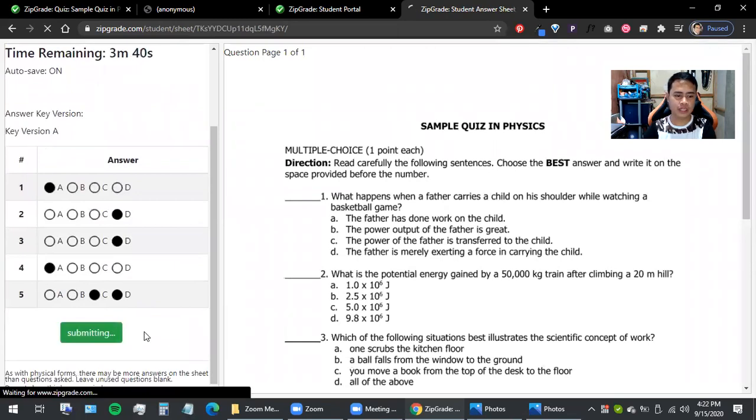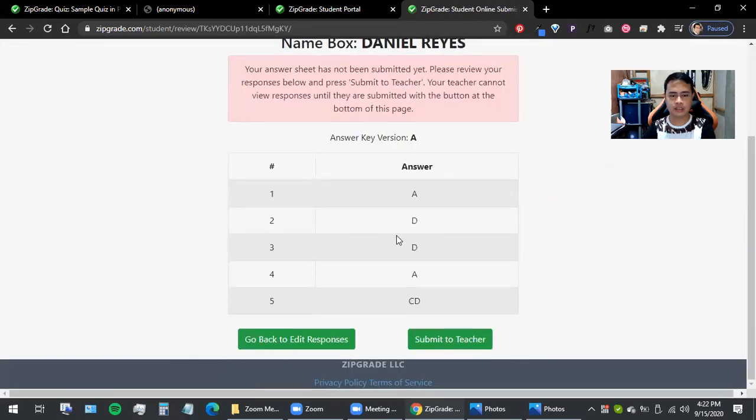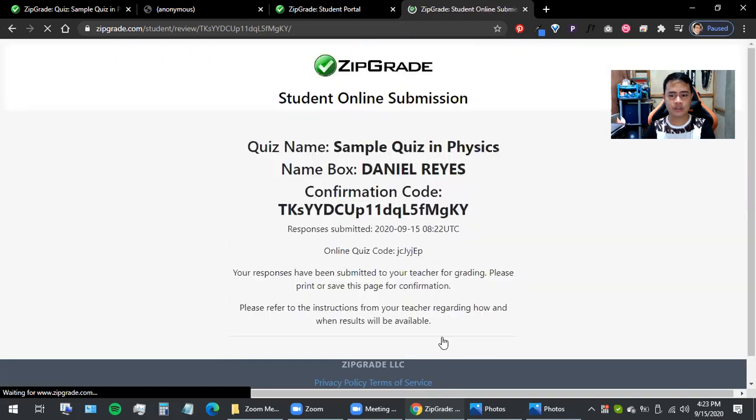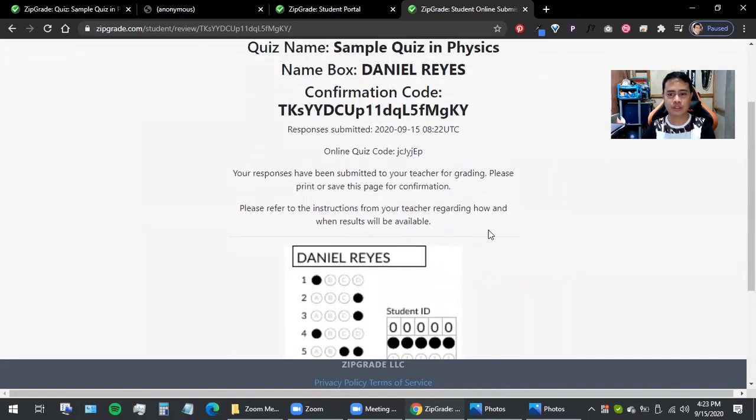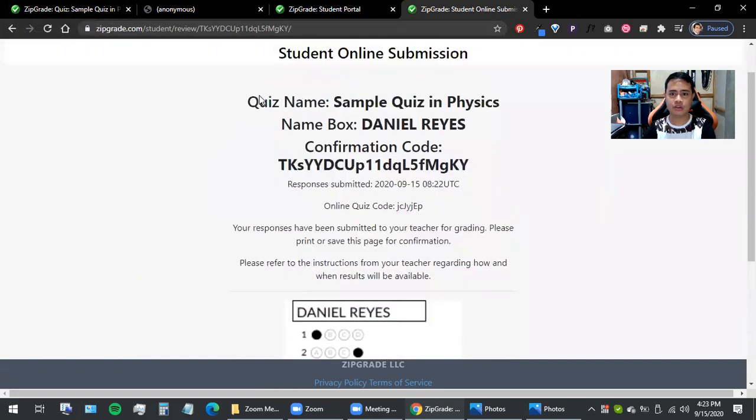So, if you review again and you are final, if you are done and finalizing it and you are sure of your answer, you click submit to teacher. When you click submit to teacher, you cannot see your score yet because this is an open submission. The teacher will check first on his or her class record in the ZipGrade, and then check your score and submit it to you